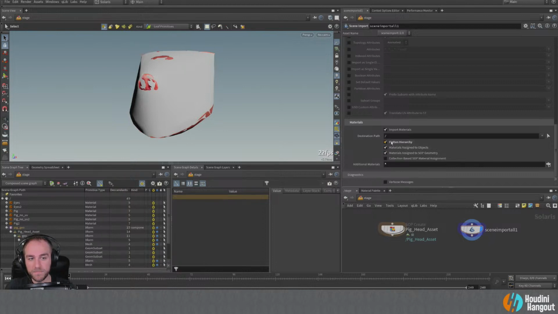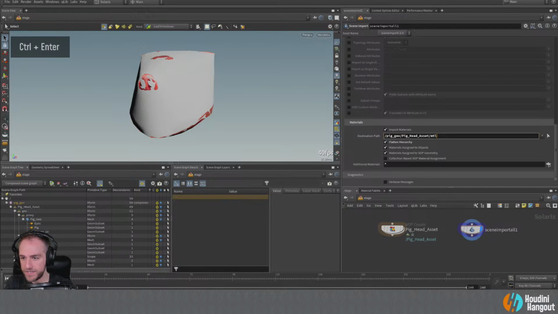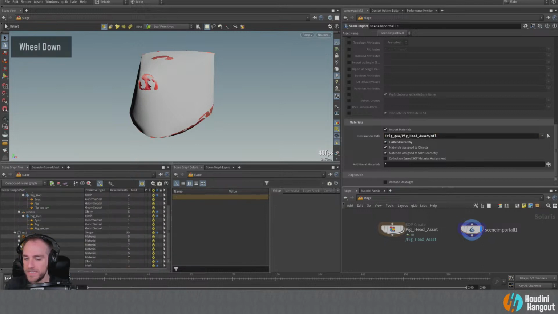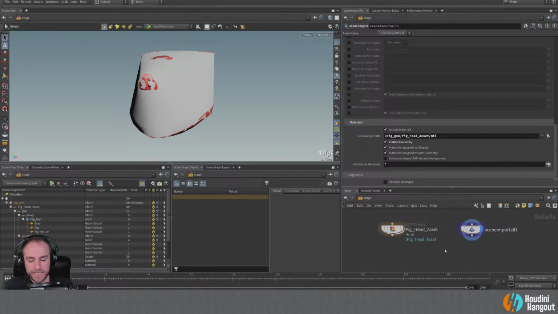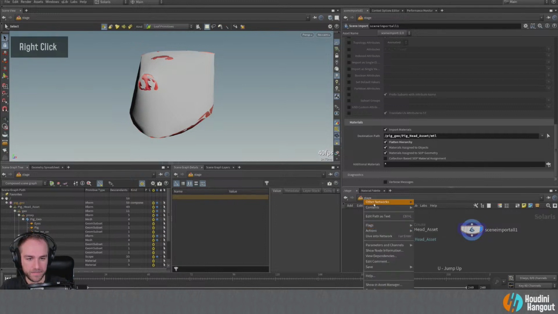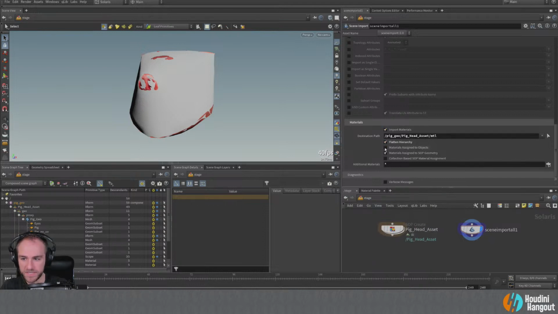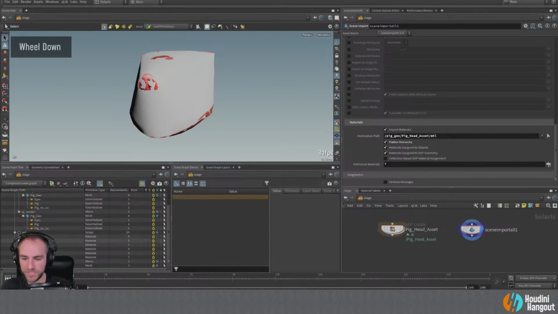So let's do this. We're going to import materials, but instead of a destination path like this, what we can do is we could pull this in here, right? Pighead asset, and then we could do / like MTL like that. And if we hit enter, so now that's going to put that into this material structure here. So unfortunately, because the pig is a test geometry, I think it's wanting to import that twice. So let me just see if any of these will see, because there's two versions of them.